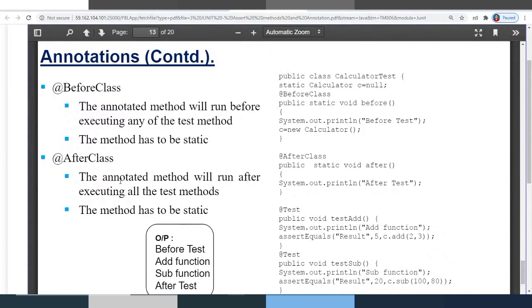Similarly, @Test(timeout=1000) or something, if you are specifying, it will return fail if that result takes longer than this set milliseconds. @BeforeClass will be invoked only once before starting any test. @AfterClass will also be invoked only once